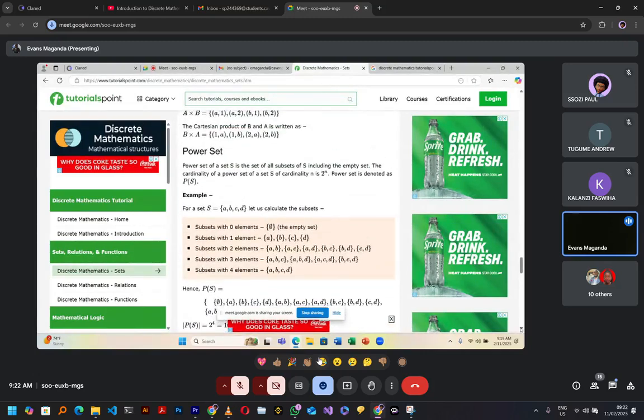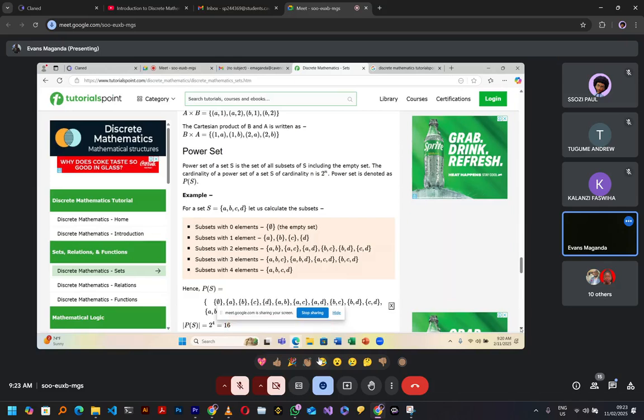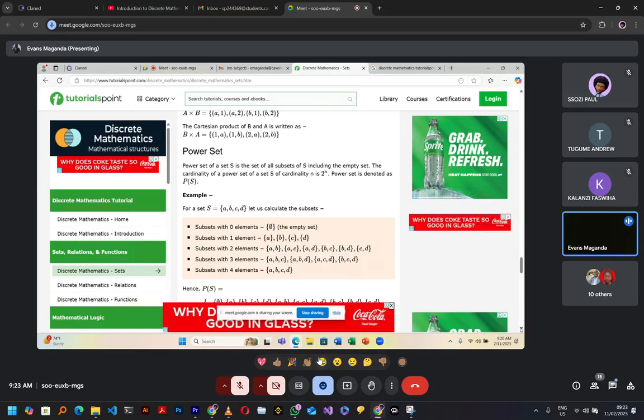So we're saying power set of S is the set of all subsets of S, including the empty set. So when we talk about, for example, we've been looking at cardinality. Yeah? So here you will take element